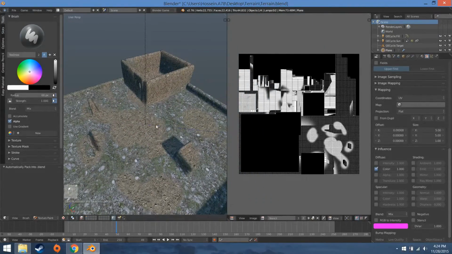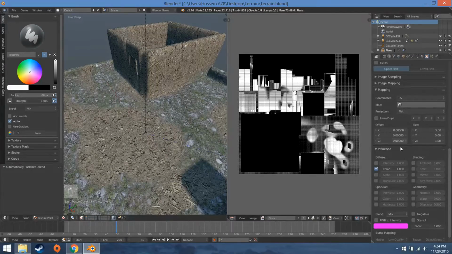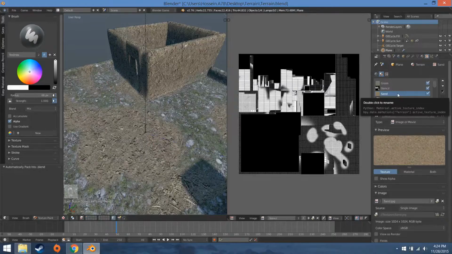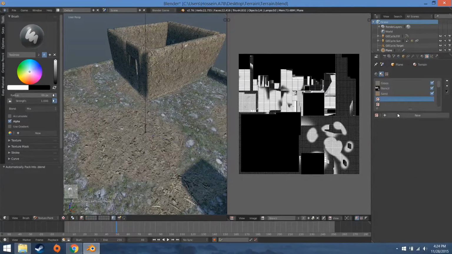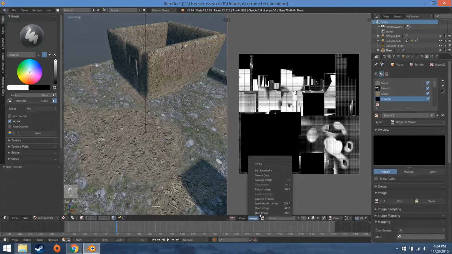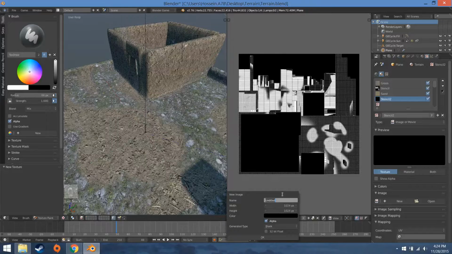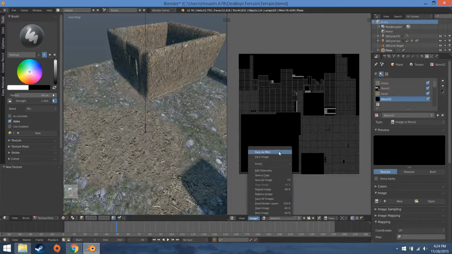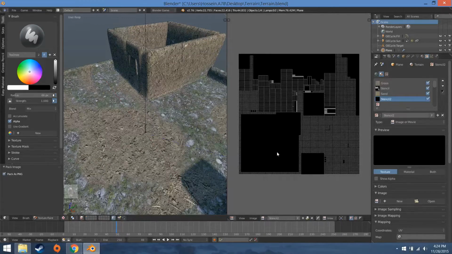So we painted the sand texture, and now we need another texture. To do that, we need to create another stencil layer. I'm going to name this stencil 2. I'm going to create a new image again and name this stencil 2. I'm going to click on pack as PNG, save the file,